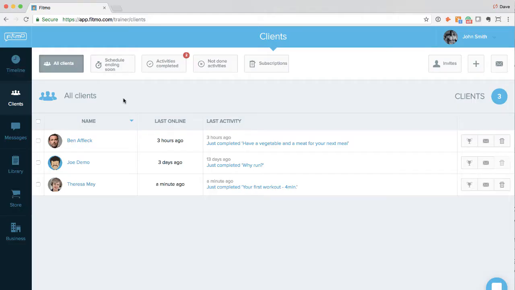Here's a quick overview of the clients page. Now this page is best used to get a helicopter view of all your clients and their engagement levels. It will allow you to see which of your clients need your attention most. We have created features that will allow you to really maximize your time and focus on those clients who really